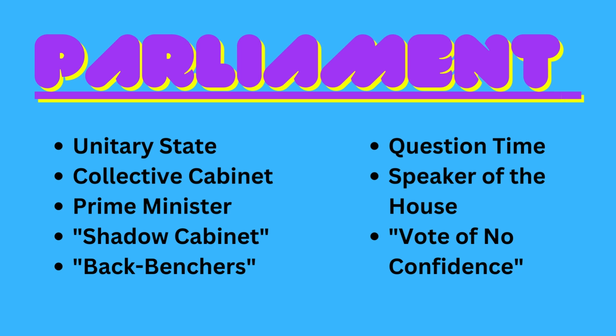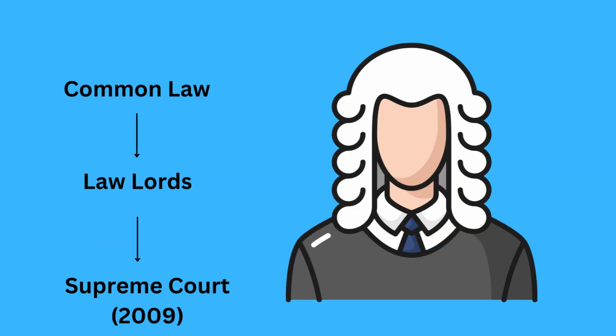Great Britain has a large and sophisticated bureaucracy, and as a result, many top bureaucrats have significant discretionary power. Now, as I was talking a moment ago about the judicial branch, Great Britain follows common law established over centuries, while the rest of Europe follows code law. In common law, when judges issue decisions, those decisions change the law. That's not the case in code law. In code law, the legislative branch passes the laws, and the judiciary branch simply interprets the laws.